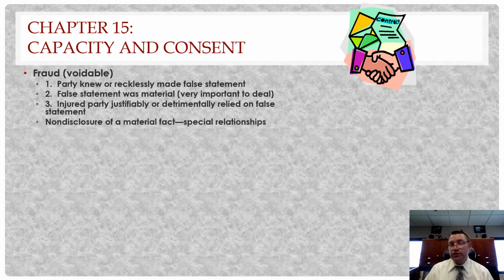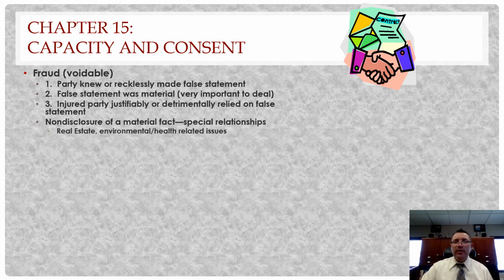Now, non-disclosure of material fact. Again, say that's the same house that I'm getting ready to purchase, and I don't ask whether or not it was involved in recent floods. But the real estate agent knows that it has been, and they don't tell me. If that realtor relationship is a special relationship in your community, or the court determines it to be a special relationship, then that non-disclosure may make it a situation in which you could void that particular contract, right? You being the person who wasn't given the information from the person with whom you had a special relationship, right?